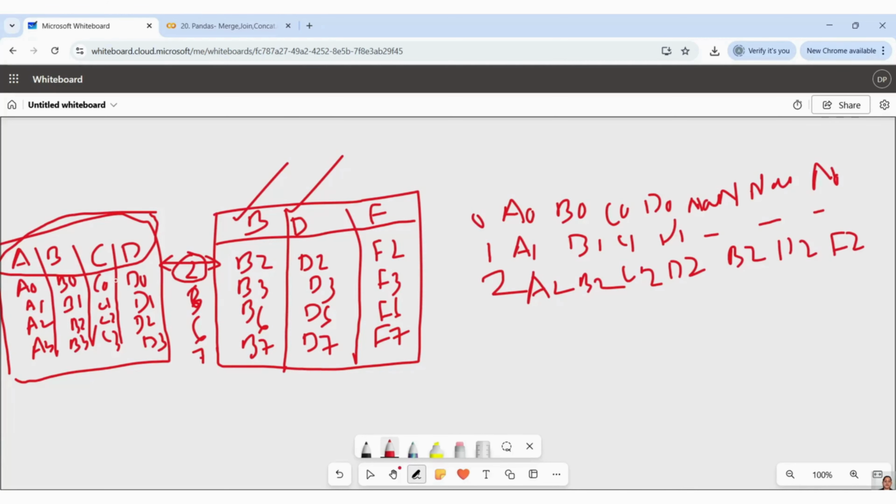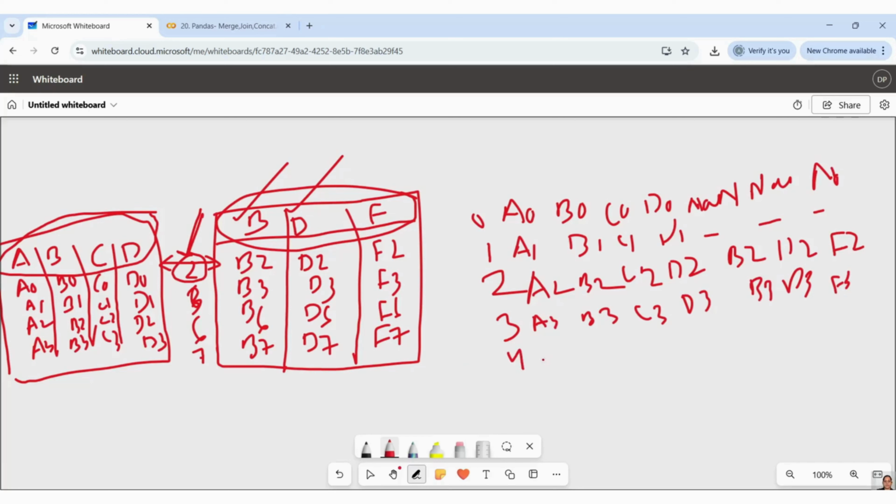Understand, guys, here we are concatenating based on your index wise, right? In column, we are just comparing the columns and we are concatenating. Here we are comparing common. If we have a common index, there the values will be generated. Rest all will be coming NaN in those places, right? Now, in case of 3, you will get A3, B3, D3, D3, and B3, we have B3 and F3, right?